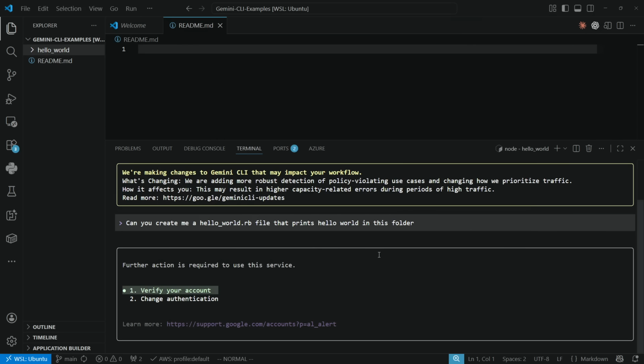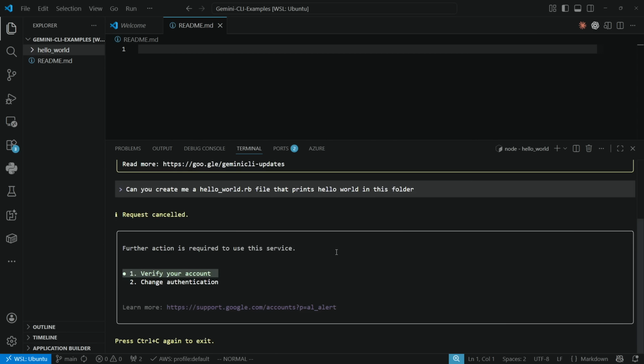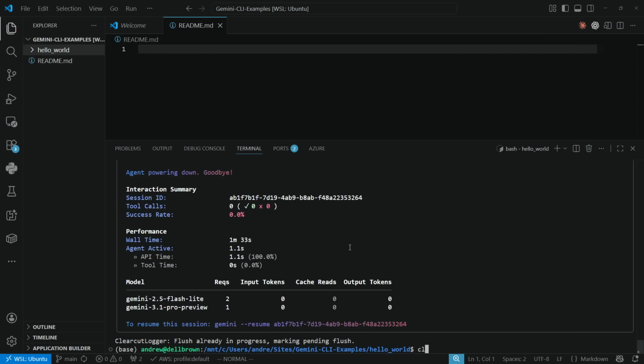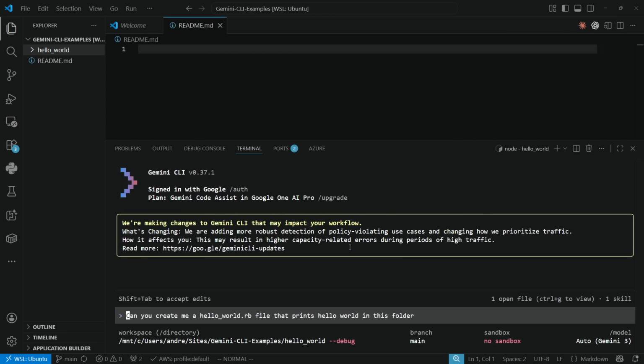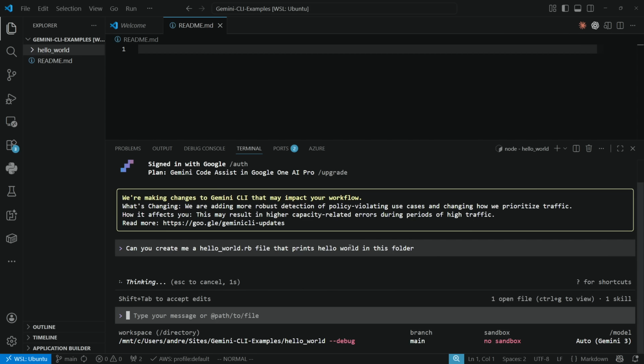Okay, and so we did that. But there's nothing happening here, right? So I'm just going to hit Control-C. And I'm going to go back into here. I run in debug mode, not that that's helping much. Okay, we'll try this again. Please don't ask me to authenticate again. I don't know how many times I can authenticate. But maybe we just had to do that one time, as it's the first time I'm using Gemini CLI,